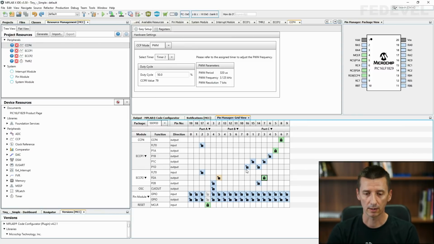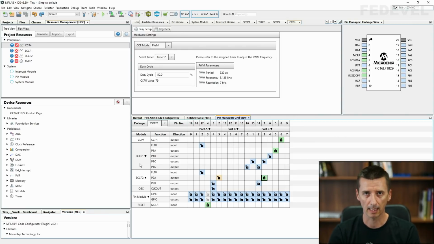Also notice here are some other options that you can maybe select, but in our application we are not using these pins of these modules. If you would like to know more about how these pins can be used for these modules, read the datasheet.